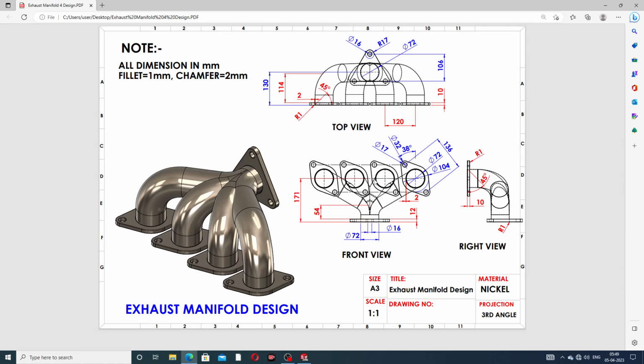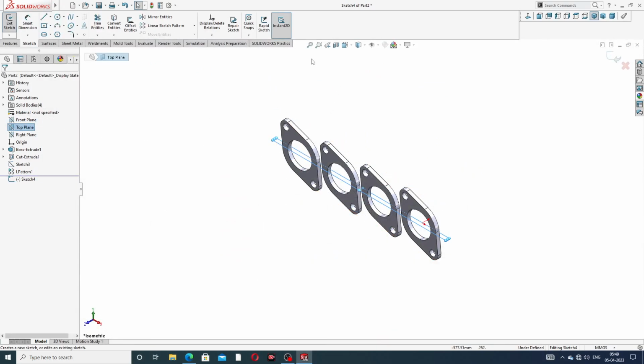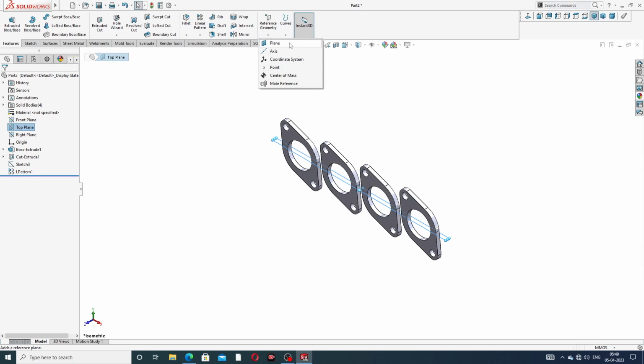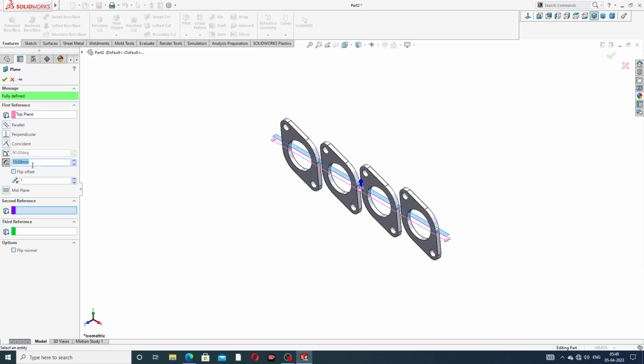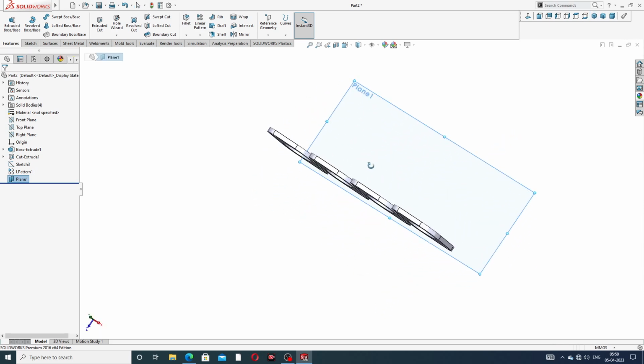This is a plane created here. Okay, at first use a top plane and select the top plane, and use a plane created here, and 171 millimeter, this is a flip side. Click OK, and this is perfect, and this sketch normal,